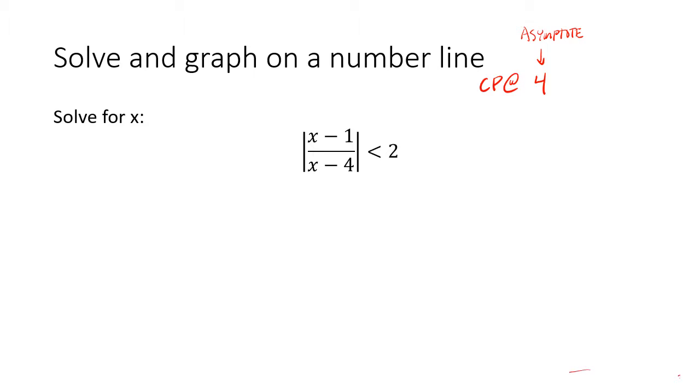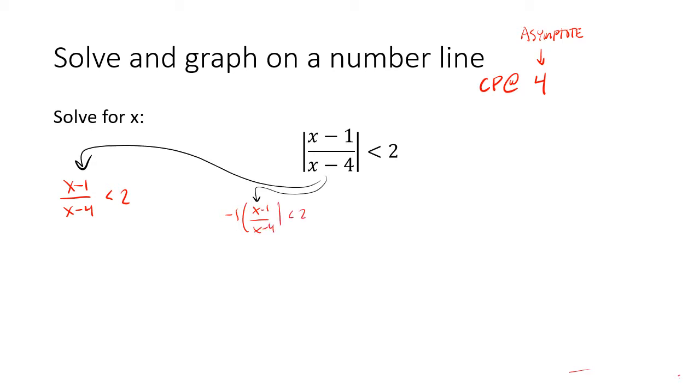Great. At this point, now we're going to do our boundary. We're incorporating both the boundary method here and our knowledge of how absolute values work. So start with the absolute value part. We've got two different things. It could be that x minus 1 divided by x minus 4 is less than 2, or it could also be that the exact opposite of this, -1 times this,